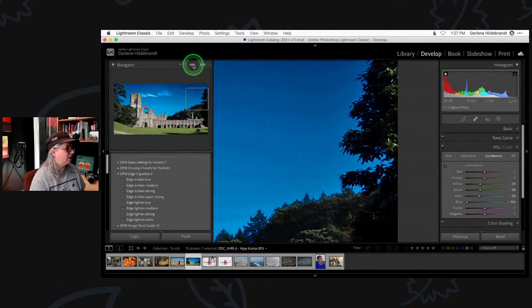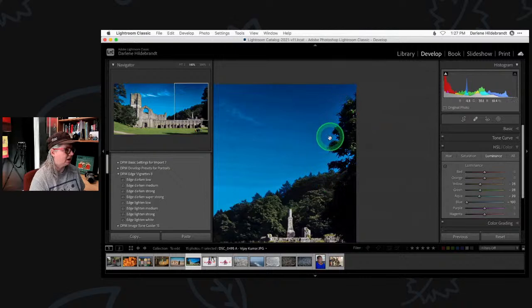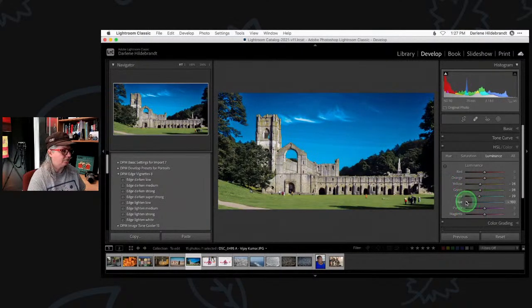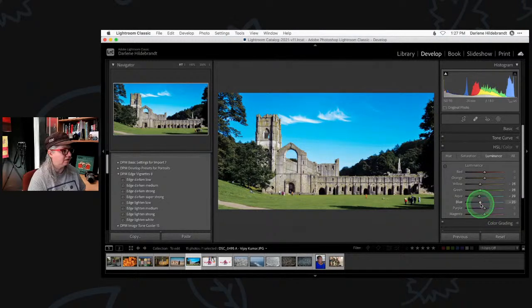So let's look at this one at 100%. Do you see there's sort of a halo of light sky around the trees? That's another signal or indicator that you've gone too far. There are a few things you want to look for in terms of going too far, and this is one of them: extra noise or grain, and the banding. That's all showing up in the sky when I pull this too far. So I'm just going to darken it a little bit. Now we're getting banding almost immediately, and if you had a raw file, that likely wouldn't be as much of a problem. But I still am not happy with the color of the sky,